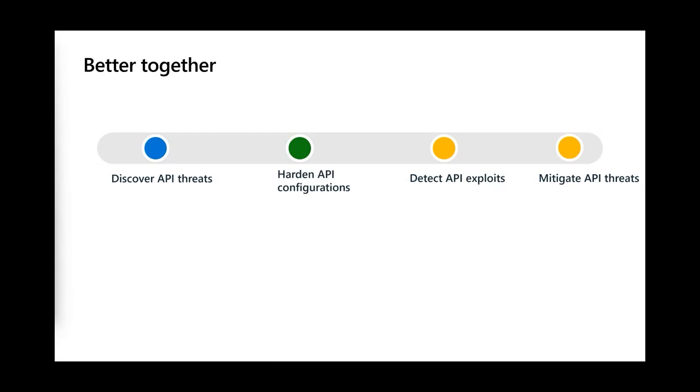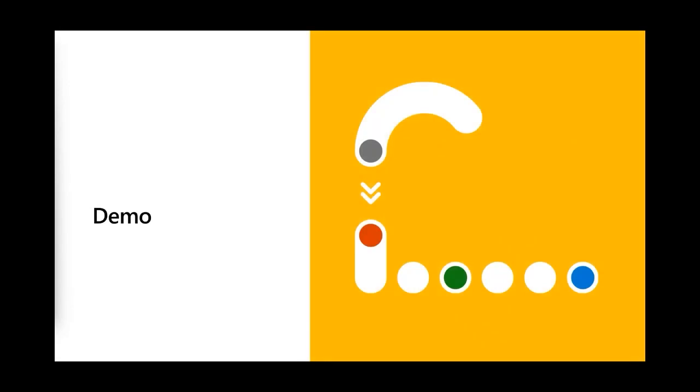So that's enough for the slides. I know there were just 3 slides that were all very similar, but we just really wanted to drive the point home that this isn't a do you use API management, web application firewall, or Defender for APIs. It's you want to use all of them combined to have that full lifecycle protection.